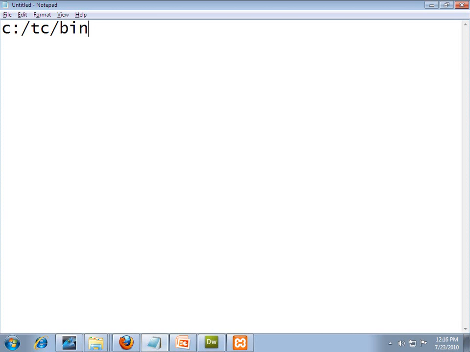All the C programs are saved inside the bin folder. In the same way, your PHP programs are saved depending on where your XAMPP is installed. Right now it's in my D drive, so I use this path: XAMPP and then htdocs. All the PHP programs must be saved inside the htdocs folder.